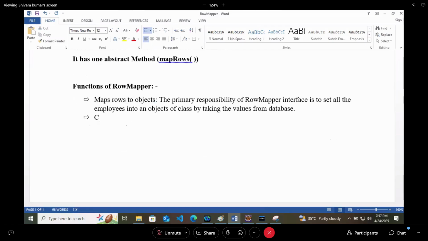It is a callback interface. So row mapper is a callback interface. Callback interface means we have to implement it.